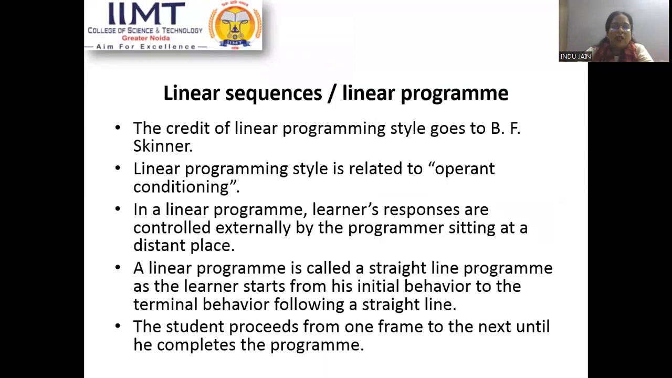First one is linear programming. The propounder of linear programming was Professor B.F. Skinner. This linear programming style is related to operant conditioning. Now, what is operant conditioning? Operant conditioning is